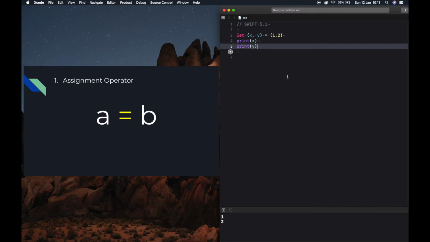In this example, the value of the tuple is 1, 2. So we assigned the tuple into constants x and y. So the value of x is 1 and the value of y is 2.